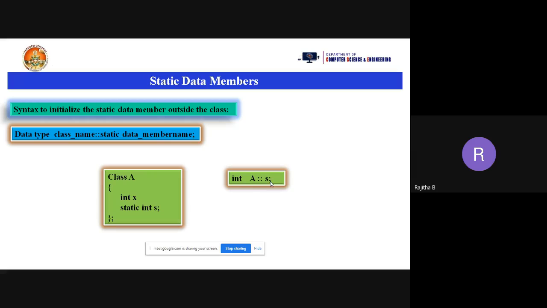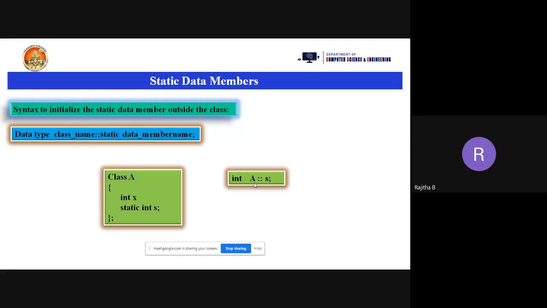So what is the right side part here? S. What is S here? Static data member. Which belongs to class A, meaning the scope of this S belongs to class A. It is not in the storage of the object, but memory is allocated separately, but we are initializing the data in a class only. So we need to inform the program that S is the static data member and it belongs to this particular class A.